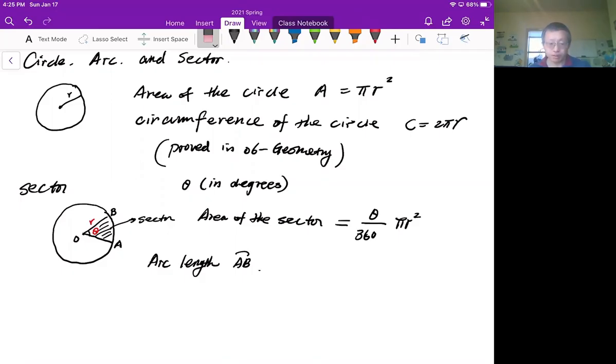This is not what we are talking about. So the arc length just means it's a distance around the circle. All right, it's the distance around the circle. So that's called the arc length. The arc length of